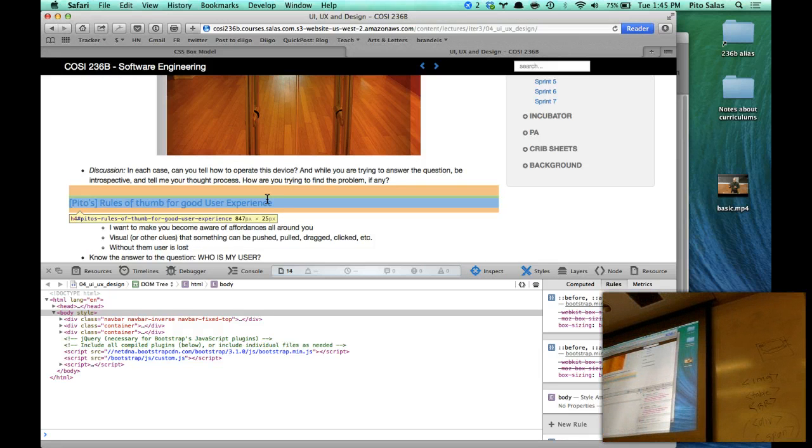three things. I see here the margin, the green is the padding, and the blue is the content. I see here that I have an H4 tag with an ID, Peter's rule of thumb for good user experience. So I made the whole text be the ID. And furthermore,